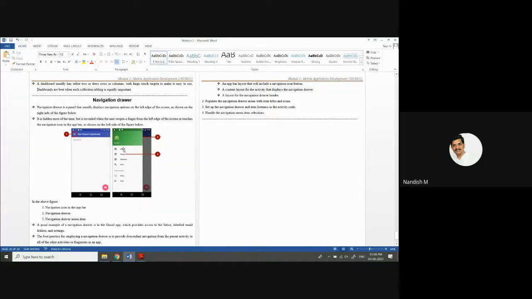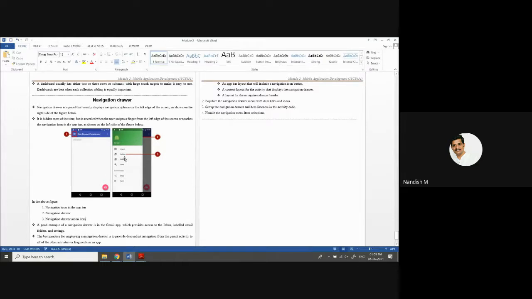After that, you have to populate these navigation menu items, that too with icons and item titles. That is the next step. Then if I click on these items, I have to attach the handler, that is, set the listeners.